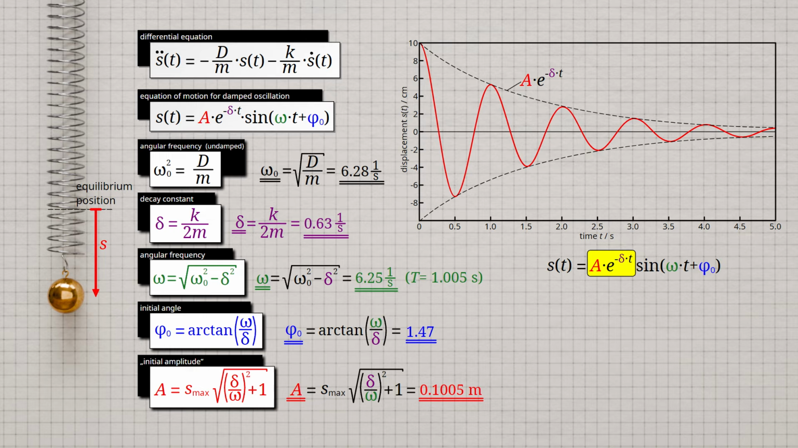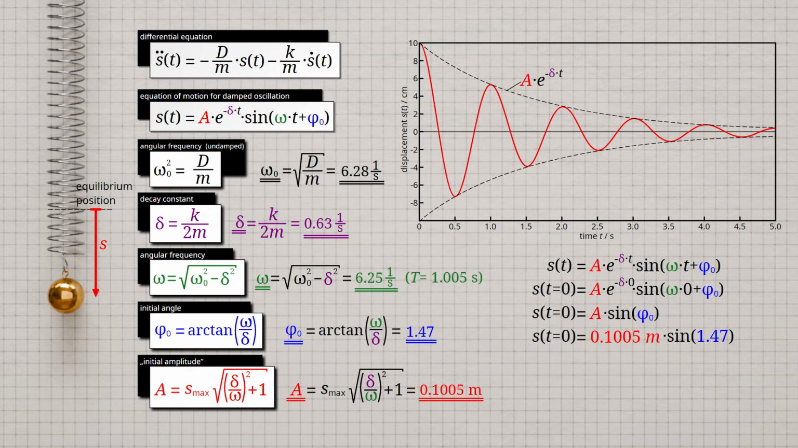To illustrate this, let us consider the displacement function at the beginning of the oscillation, that is, at time t equal to 0. If we insert t equal to 0 into the function, the exponential function becomes 1, and the first term in the argument of the sine function vanishes. This yields the indicated expression for the displacement at the beginning of the oscillation. We see that although the initial amplitude A appears to be greater than the initial displacement Smax, this effect is corrected by the sine term with the initial phase angle phi 0. Inserting the numerical values yields, at time t equal to 0, the correct initial maximum displacement Smax equal to